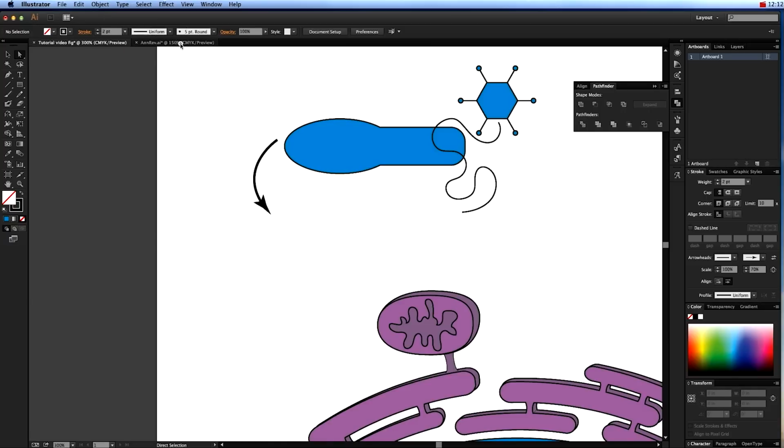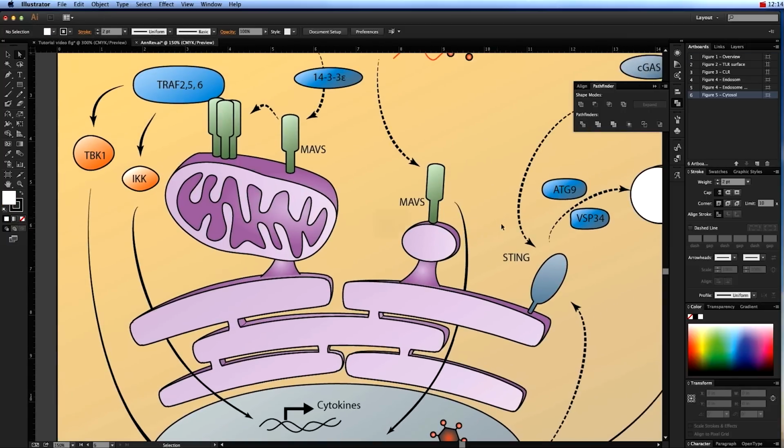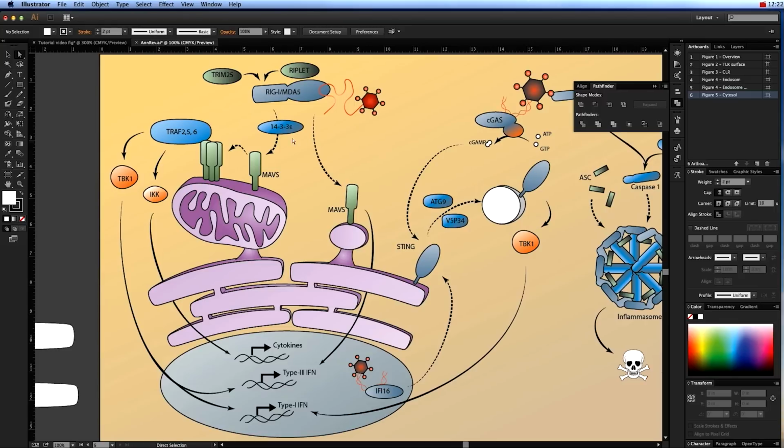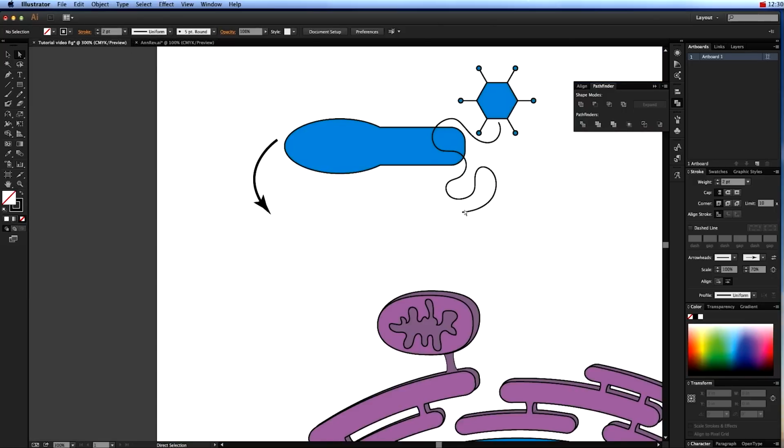Another thing that you might have noticed in this is that part of the importance of the review we're writing is about how movement in the cell affects signal transduction. So in this case, we have a couple of different things moving, and I've depicted movement with dashed arrows and signal transduction with solid arrows. And so to do this, let's say we want to have this protein moving before it does its signal transduction. We can